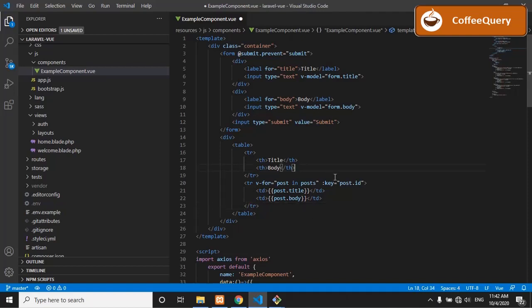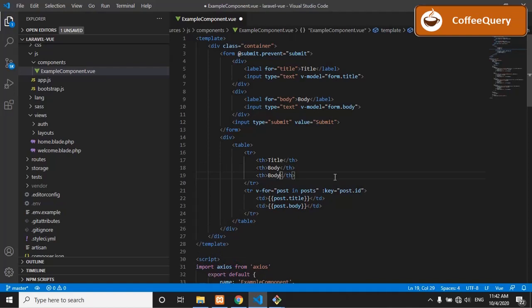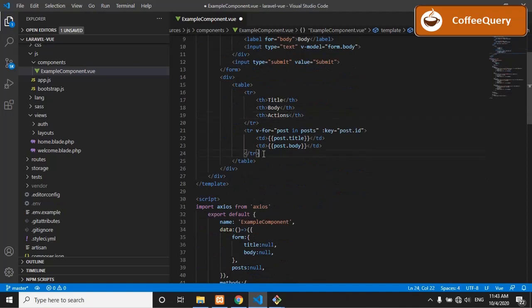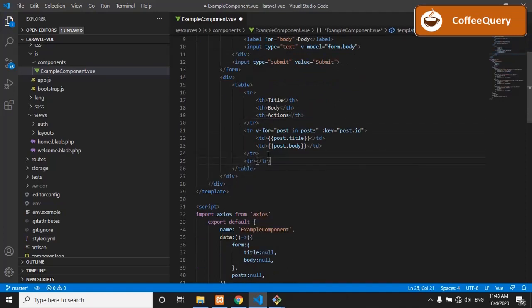We'll have another column called actions, another row